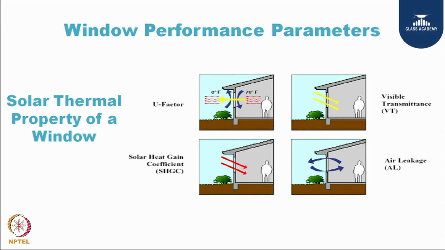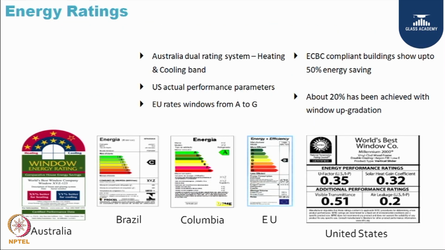But nowadays there are a couple more parameters being discussed, not formally made yet, like sound insulation or dust insulation. Some countries are already using these parameters for window rating. For example, in Australia they have a heat and cold star rating. The US has a star rating on these 4 parameters. The UK has a rating with a nomenclature of A, B, C, D, E, F, G, H. This is something which is going to come in India, may not be in the next 1 or 2 years, but definitely in the coming few years.